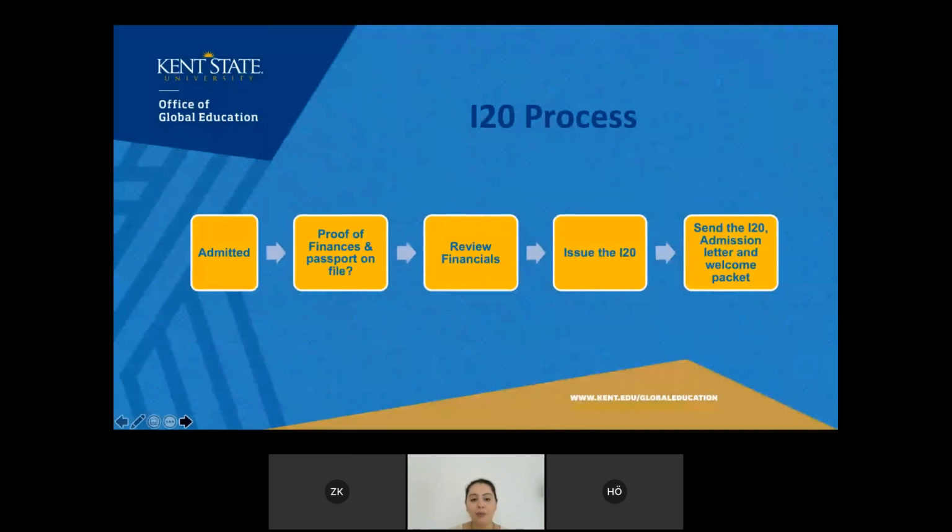Then you must submit proof of finances. Because you're coming on a student visa, the US immigration regulation is that you cannot work outside. You can only work on campus, or you can only work after graduation. So for the duration of your status as a student, you must have enough